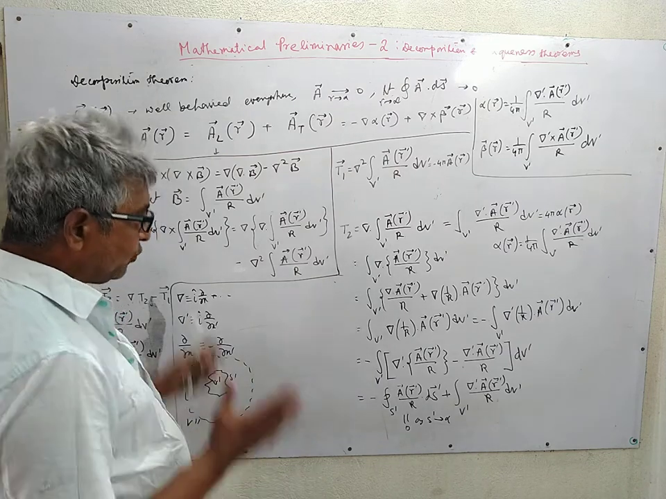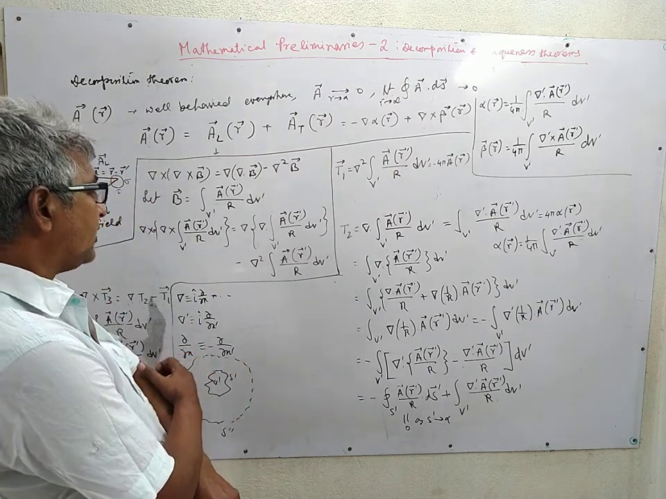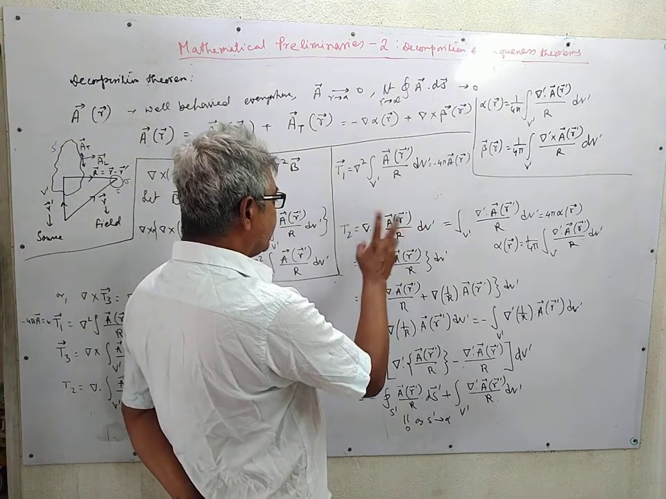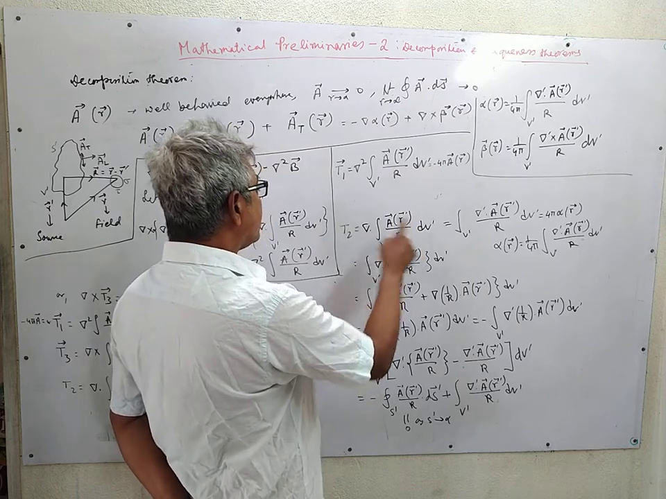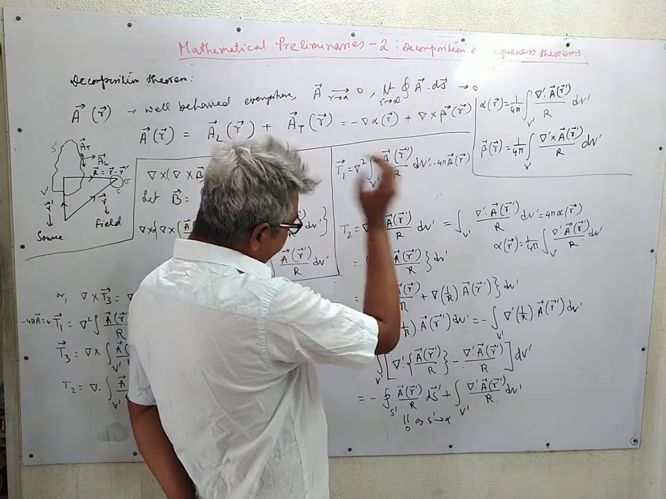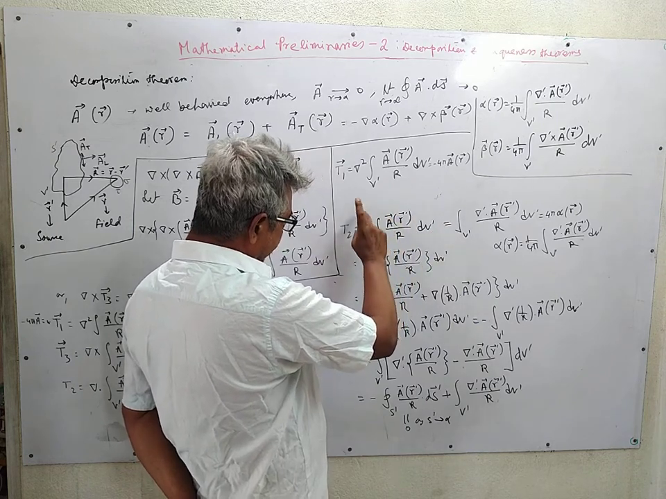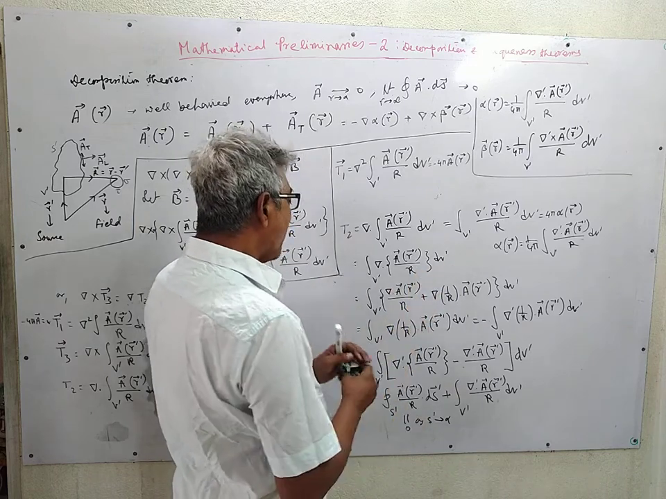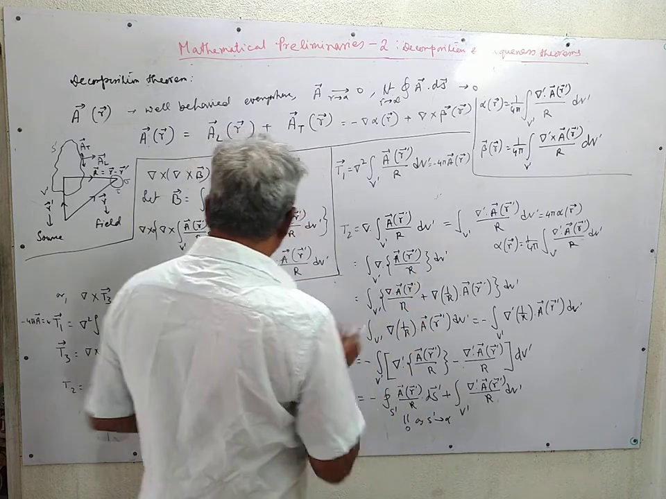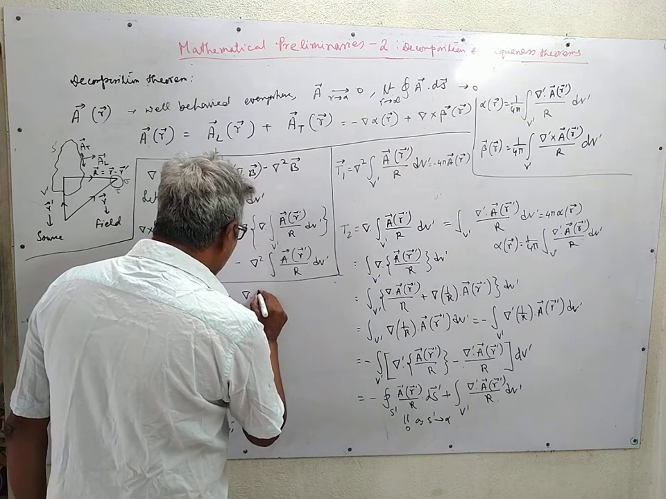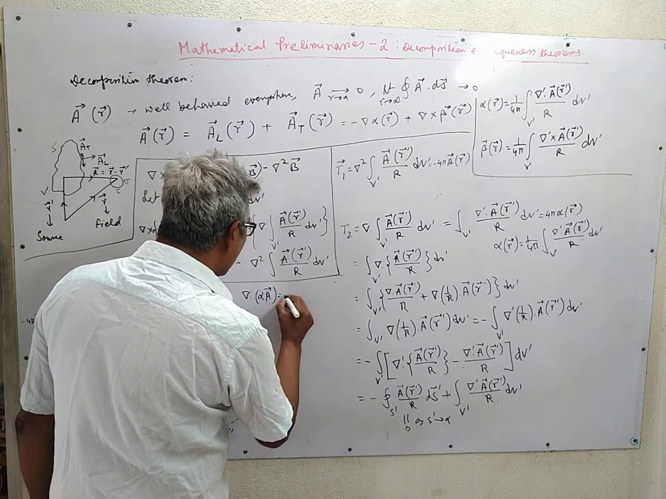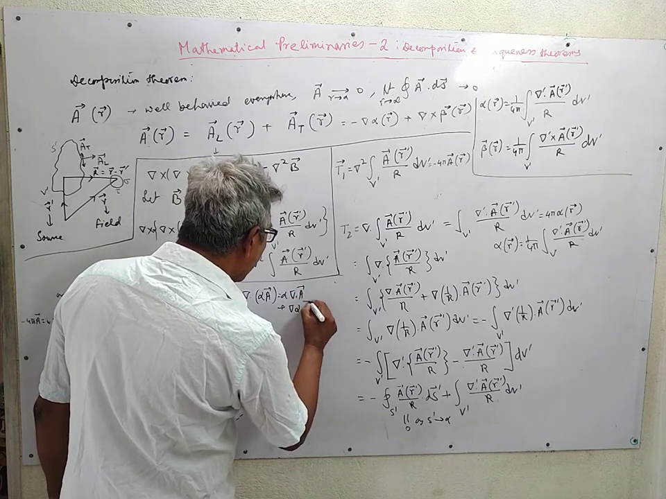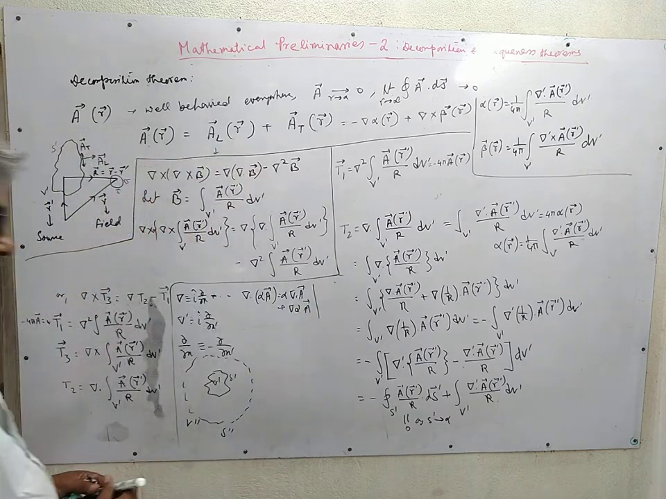Now let me say once again what we have done in T2. First, we have interchanged the order of integration and differentiation, as the integration over source coordinate and differentiation over the field coordinates are independent of each other. Then we have used the vector identities. Basically, we have used the vector identity that divergence of alpha A is equal to alpha times divergence A plus grad alpha dot A. This is the vector identity we have used,